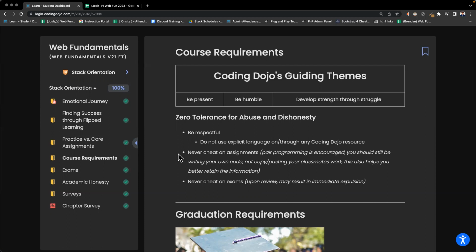No joke. Never cheat on assignments. Okay. Pair programming is encouraged. So you do want to work with your neighbor, but you should still be willing. You should be writing your own code. Don't copy and paste from a classmate. This is not going to help you. You didn't spend all this money to copy and paste from another person just to get a certificate or degree,